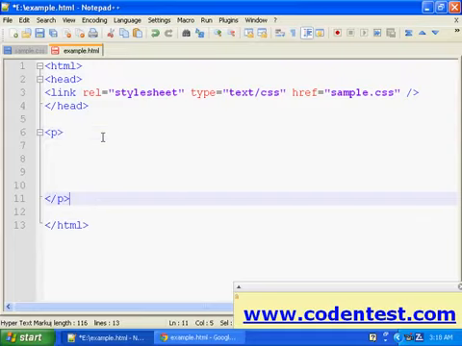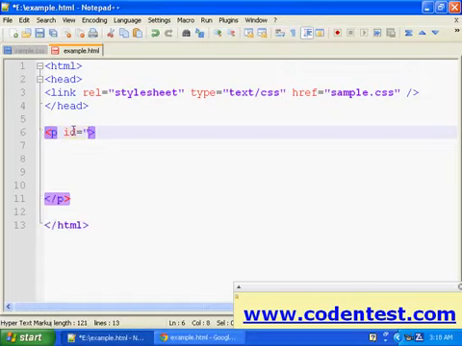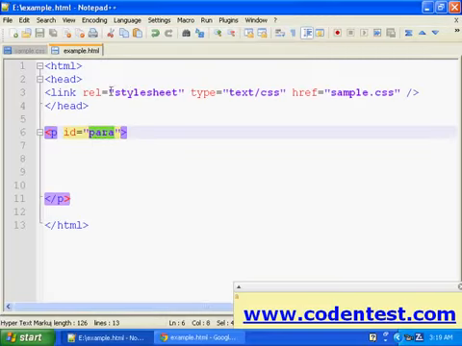Let's close that paragraph. And ID should be para here, P-A-R-A, para. This para and this para should be same. There should be no spelling mistakes there.